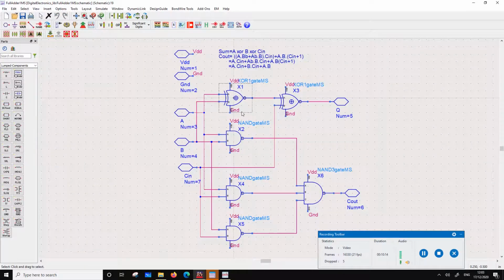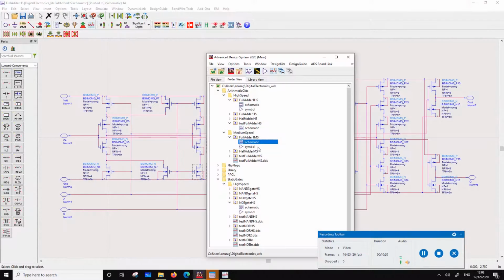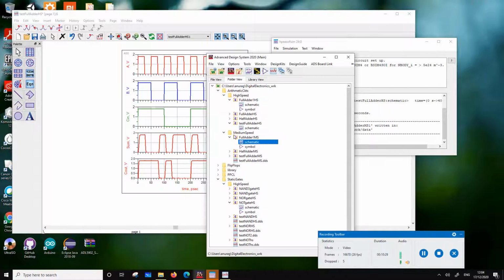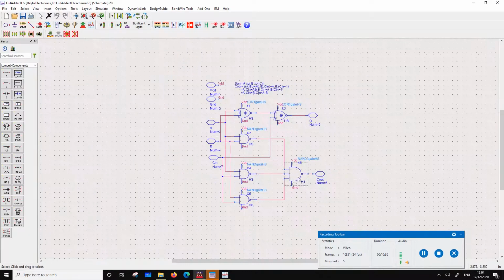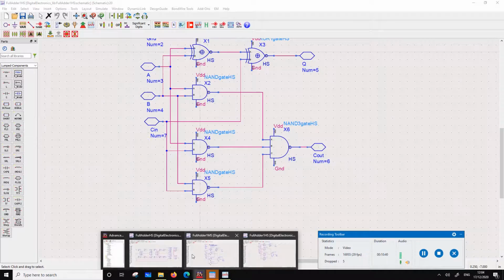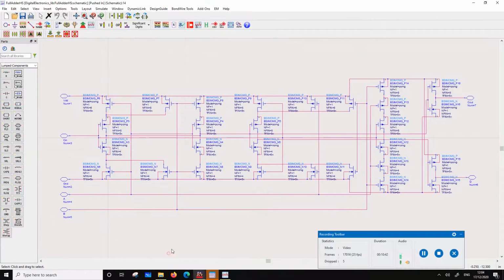So with 130 nanometer, this technology was working much better compared to this topology. But at high frequency, I have implemented the other one, which looks like this one. So this at high speed is one thing, and let's see how it compares to this one,